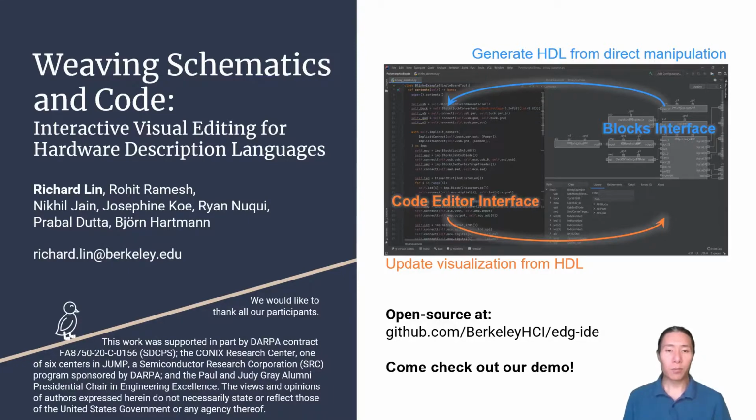In conclusion, we've presented an IDE approach to support HDL coding by providing a complementary schematic-like graphical interface. We hope this kind of tooling can blend the best of textual and graphical editing and ultimately encourage the adoption of powerful HDLs that enable easy and efficient hardware design for everyone.